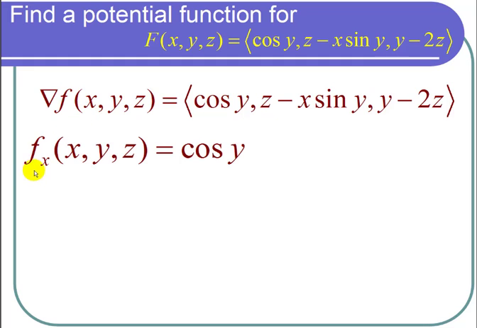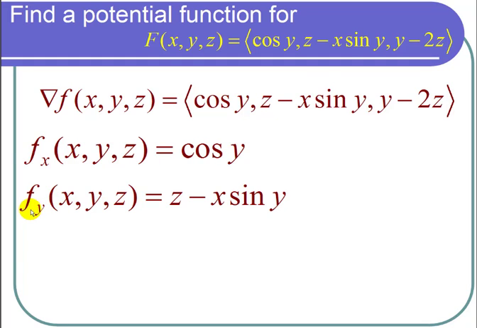So I could say that the partial derivative of f with respect to x is equal to cosine of y. And the partial derivative of f with respect to y is equal to the second component, which is z minus x sine of y. And finally, the partial derivative with respect to z of f is the third component, which is y minus 2z. So now I just need to get rid of the sub x, sub y, sub z's